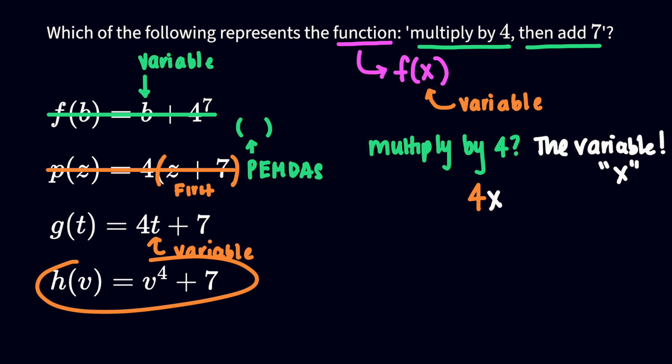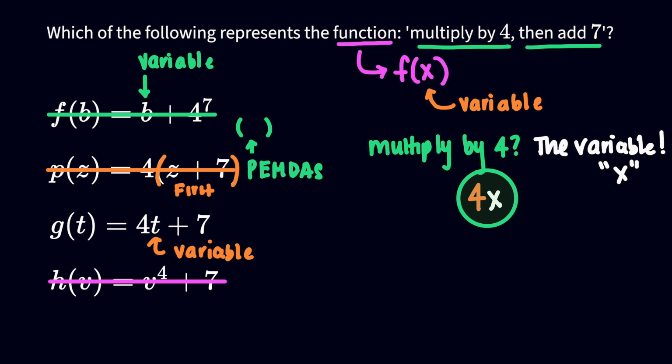And then coming down to h of v equals v to the 4th plus 7. Didn't say anything about squaring it or cubing it or raising it to the 4th. This is not the same as multiplying by 4. So this guy is out as well. So by process of elimination, we already know the answer. And just to kind of keep going, we multiply by 4 first and then add the 7. So we would take that 4x and then add 7. And this ultimately would be the answer,